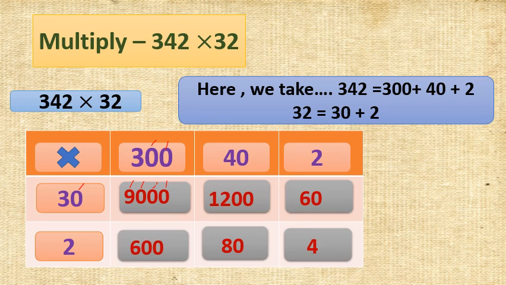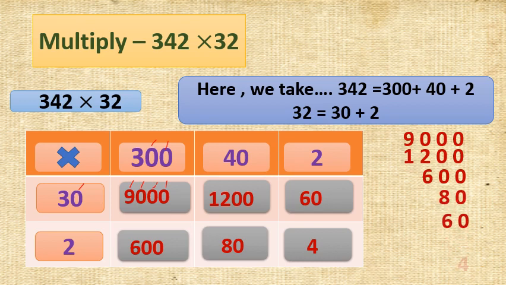So we will write them in the vertical arrangement according to their places. That is very important. We will write 9,000. Below that I will write 1,200 because both have 4-digit numbers, 4 digits, correct? Next I will write 600 because it will become easy for us for the calculation. Then 80, 60, then 4. Then I am going to put the addition symbol.